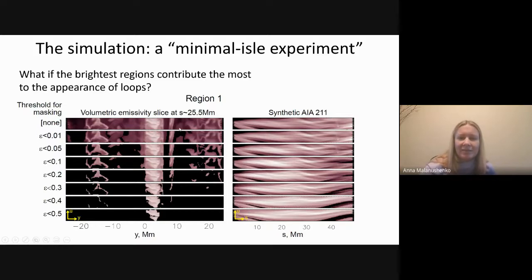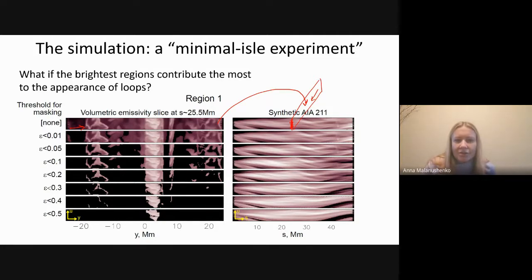The left is the volumetric emissivity that maps into the middle, well, approximately the middle column of this pixel. Now let me see if I can draw here. So somewhere right over here, if you look in 3D, this image belongs over here in 3D. This is a part of that moving plane that I showed you in the movie in the previous slides. And once you integrate this image along the line of sight, you will get intensity in this pixel, in this column of pixels.